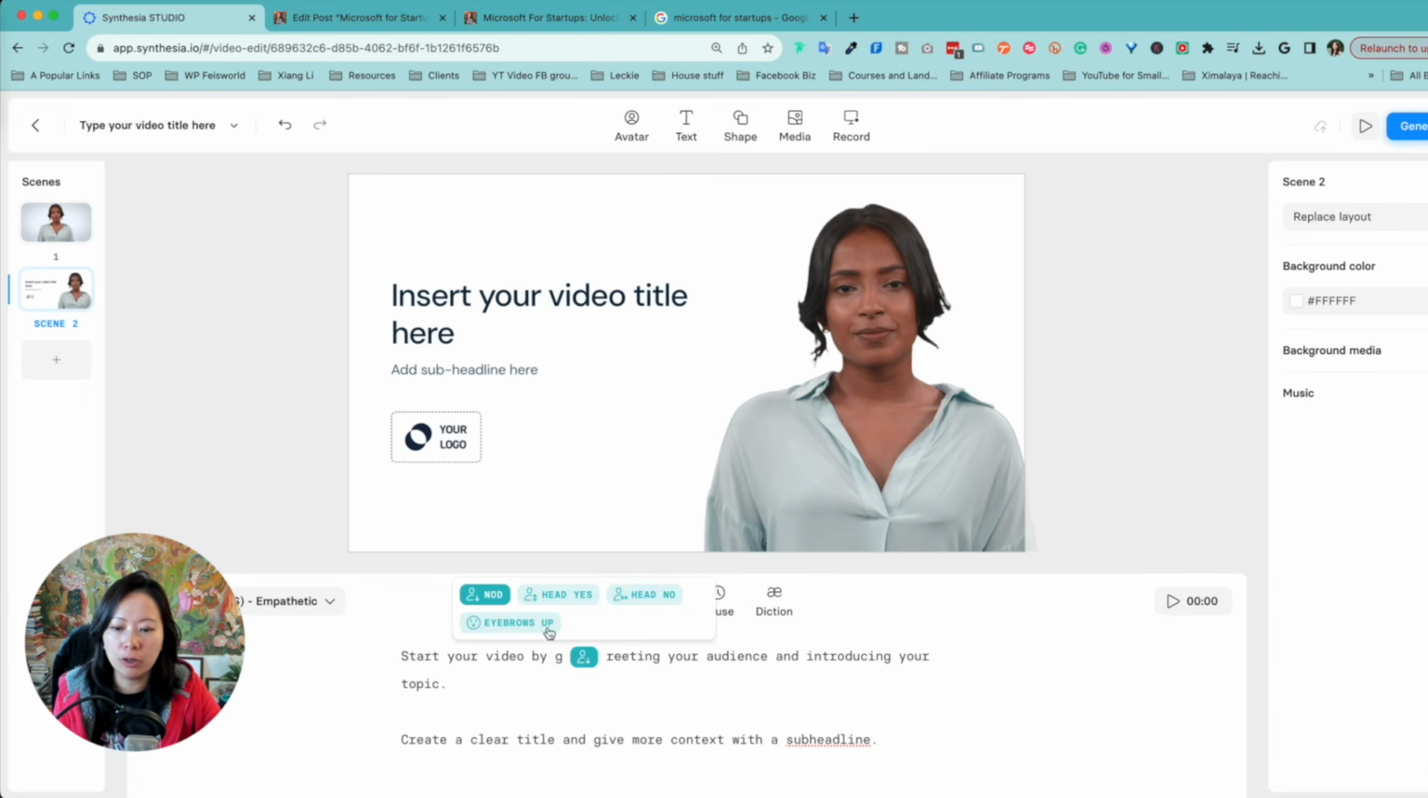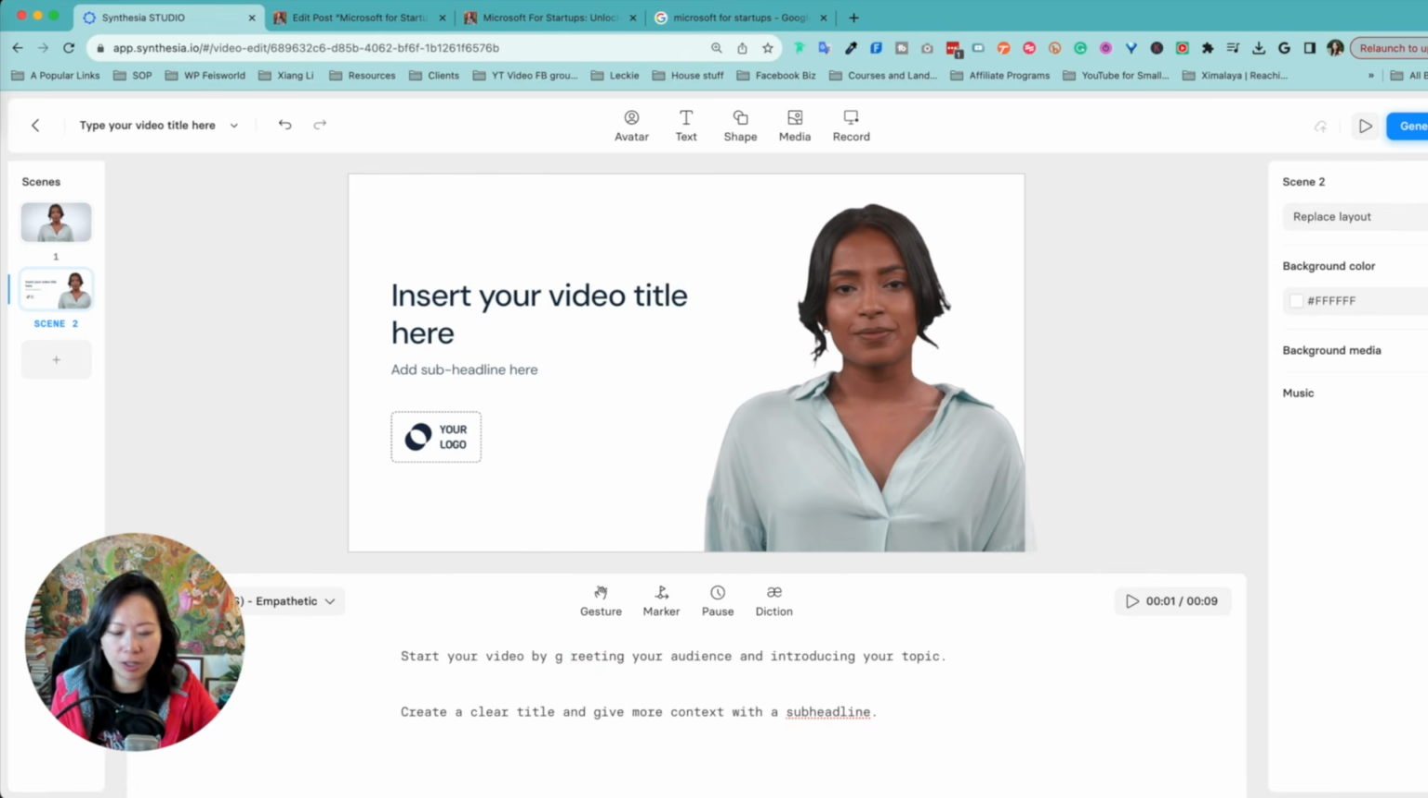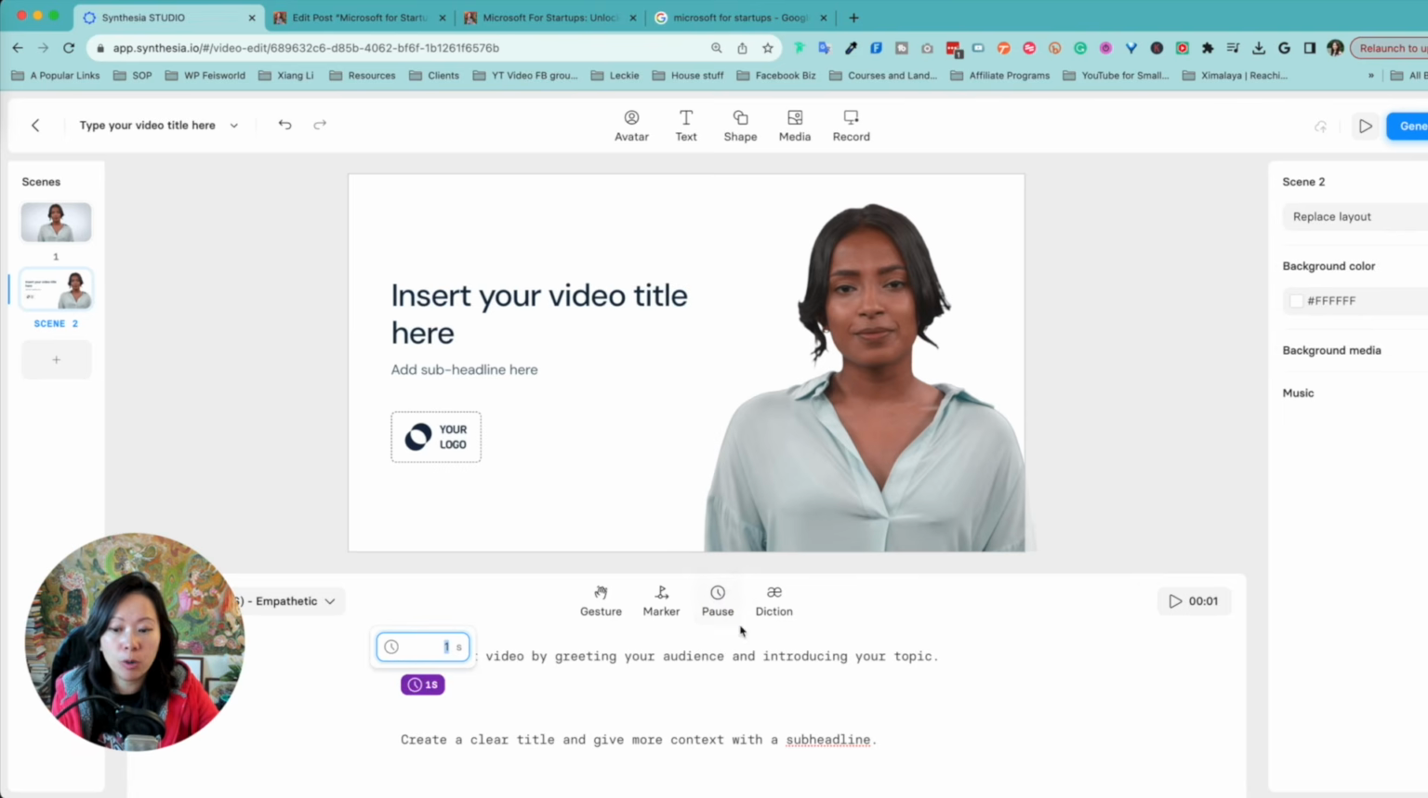So let me go ahead and show you gesture. You can have this avatar basically nod, head yes, head no, or eyebrow up. There are also markers. You can add additional pauses if you want to. And if you don't want to have any of the features inserted, simply put your cursor there and just delete that. So for instance, start your video by greeting your audience, introduce a following topic. There's going to be a natural pause, but if the pause isn't long enough, what you can do is just